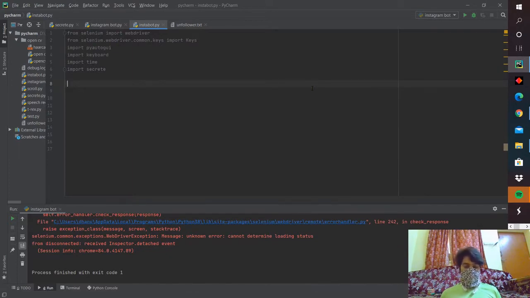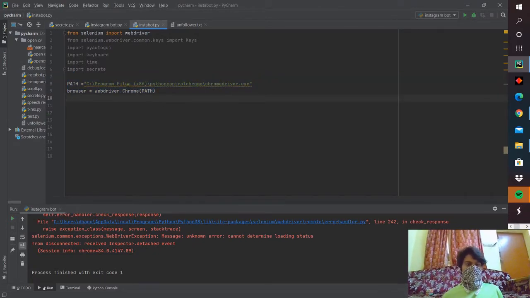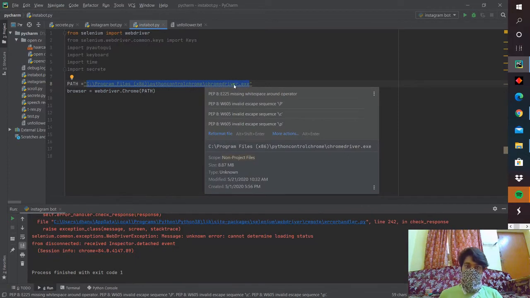So here is the main code. The first line is path is equal to this. So path is a variable which has some kind of path. This path is actually the path of your Selenium WebDriver which you have downloaded in the past video. Try to get the path of the Selenium WebDriver and just place it over here. Try to place the right path, guys. You need to also copy the file path as well as add the file name also.